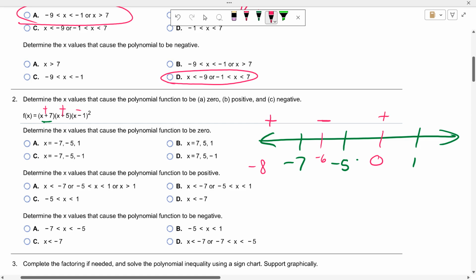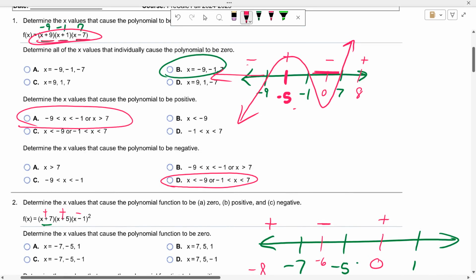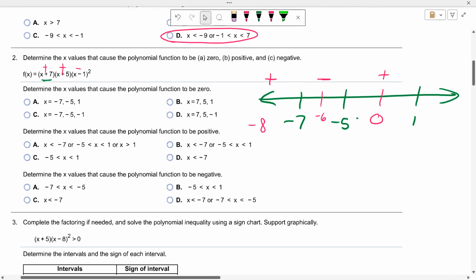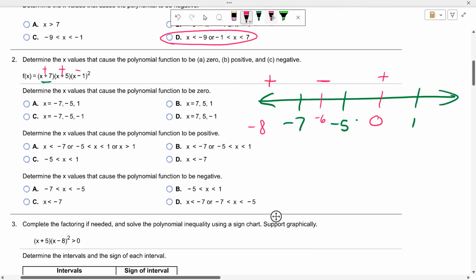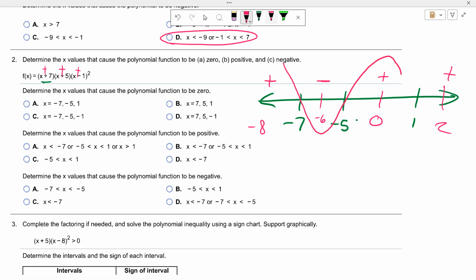Okay, what are you noticing each time here? The signs are alternating. Yes, the signs are alternating. So if we go with a 2, it should be negative, right? Well, if we go with 2, we get 9, 7, and 1, which is positive, positive, positive, positive, positive. Oh no, it doesn't alternate there. What happens? Well, what's happening here is it's positive, then it's negative, then it's positive, and then at 1, it